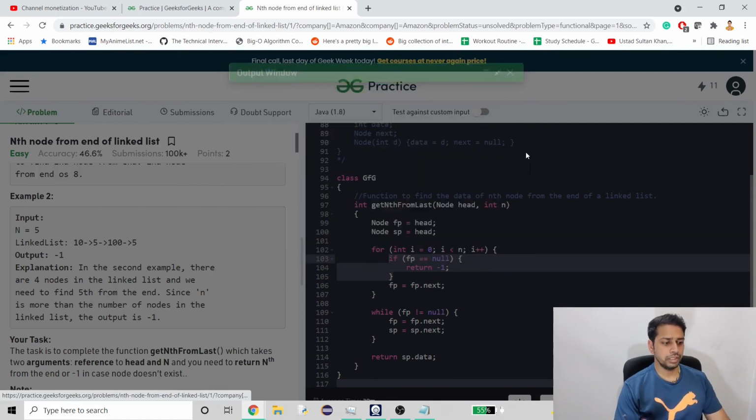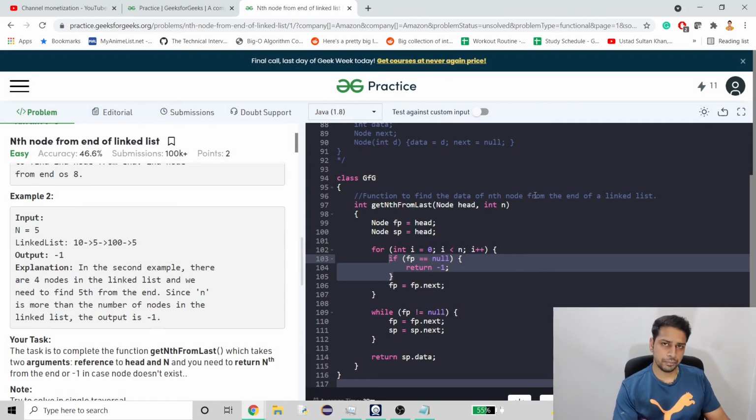So I hope these 2 solutions that I provided are good solutions for you guys. If not, you can always try to find more solutions. This is just to give you some kind of introduction or a hint to solve this problem.